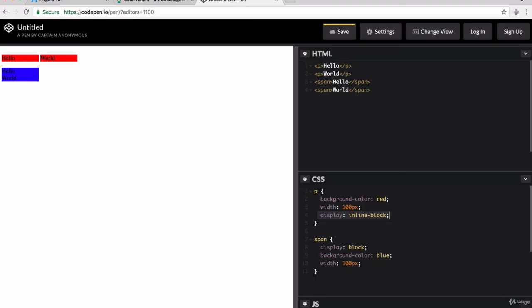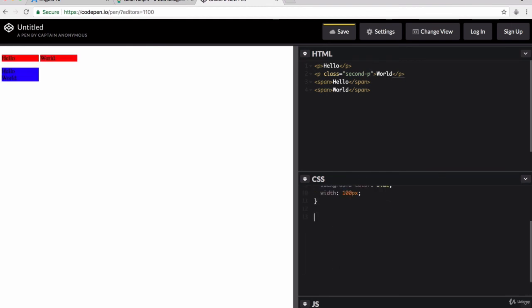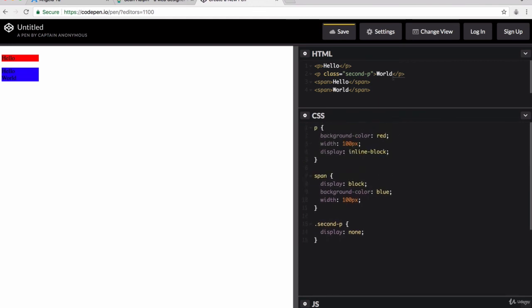So let's head back into our CodePen, and I'm going to give our second paragraph element a separate class. I'm going to call this second-p, and I'm going to target it down here, .second-p, and I'm going to set its display value to none. And you can see what that does is that it simply removes that element from the website as if it didn't exist. So if I get rid of this display block and allow our spans to continue being inline elements,